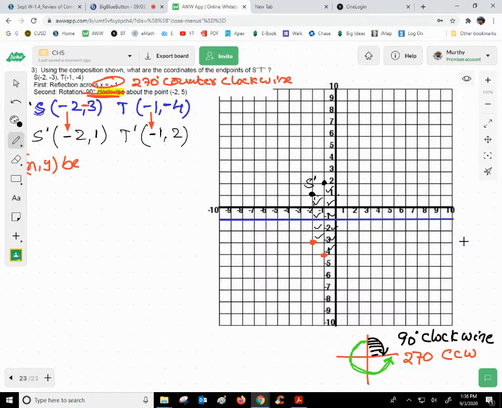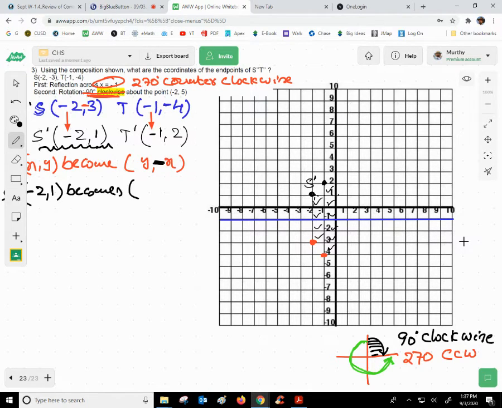becomes, for counterclockwise 270 degrees, I have to switch x and y values, and then the second letter, which is x, the sign needs to be switched as negative x. Therefore, my S prime values are negative 2, 1. This is my S prime values. This one becomes